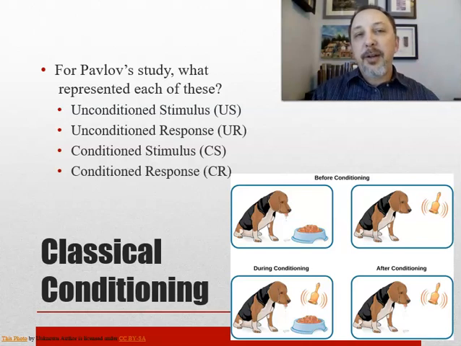So the unconditioned stimulus and the unconditioned response, right? That's the yelling and somebody getting upset. The unconditioned stimulus gets paired with the conditioned stimulus, which is the snapping of the fingers, right? So normally snapping your fingers wouldn't make someone be like, stop yelling. But you get that kind of connection between those two things.